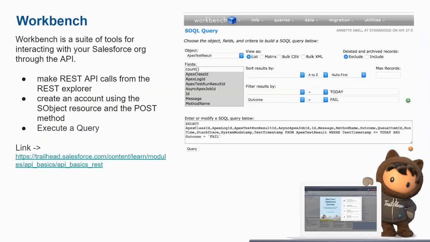Now we have Workbench. What is Workbench? Workbench is another tool, outside Salesforce, that provides multiple functionalities. You can write queries, SOQL, SOSL, everything. And if you are not familiar with writing queries, there are forms with fields where you can just use point-and-click tools and get the work done. It's a tool provided to help you.